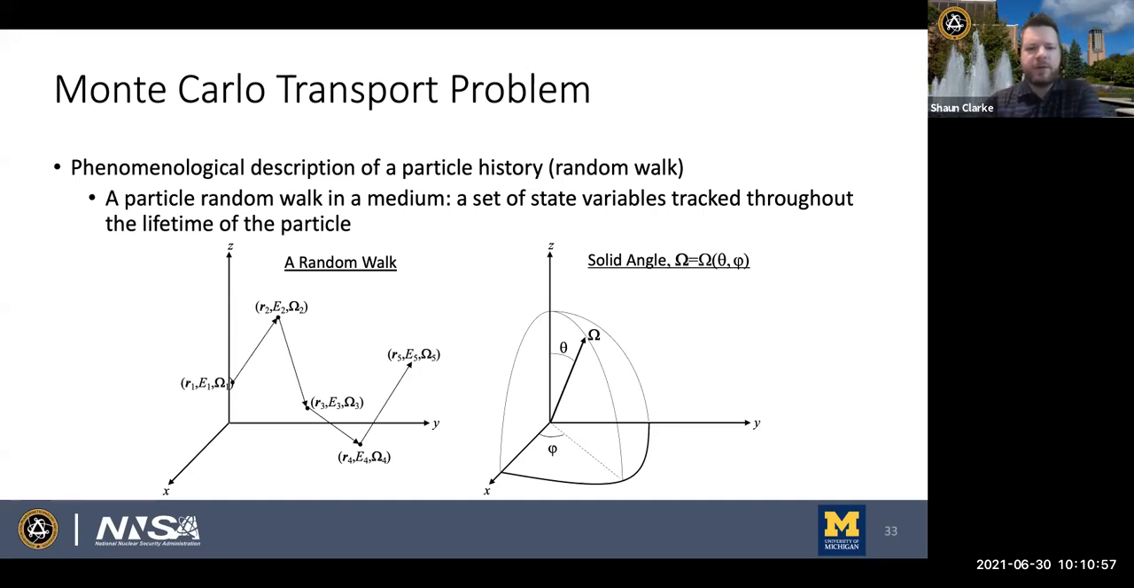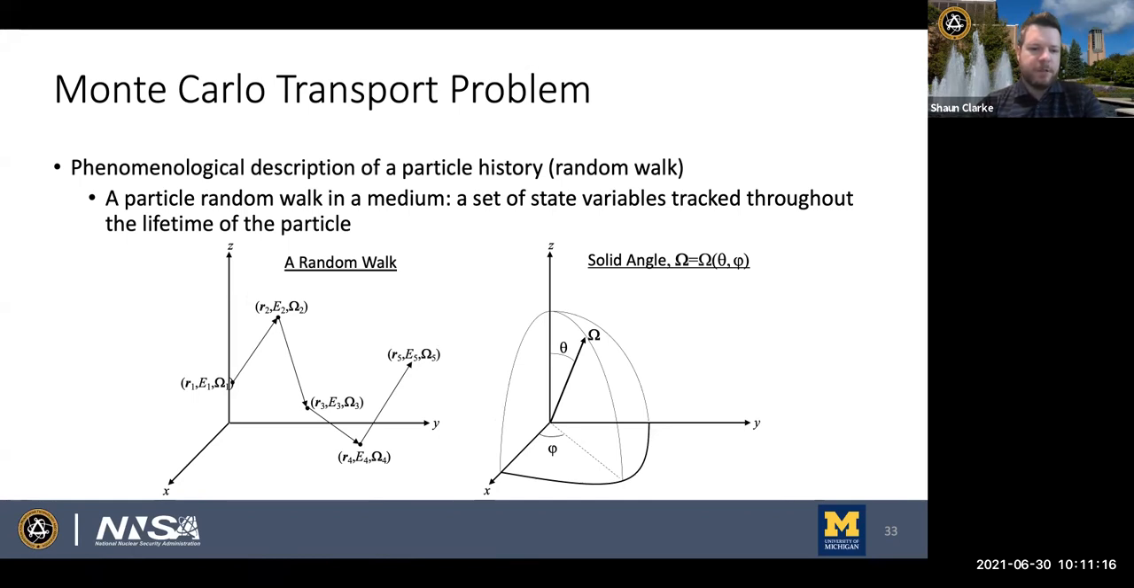And that collection of variables essentially is the random walk. Imagine if you had all this data in front of you, you could use those data to actually recreate this particle track. And that's really what we do in Monte Carlo transport, is we store those random variables throughout the particle's life